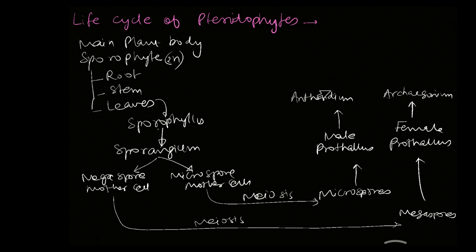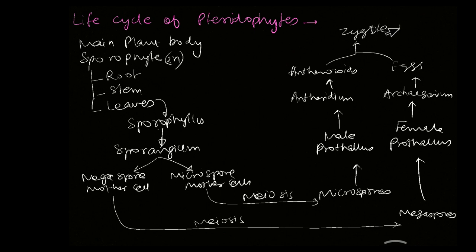In the antheridium, antherozoids are formed, and in the archegonium, eggs are formed. By the fusion or fertilization of these antherozoids and eggs, the zygote is formed,